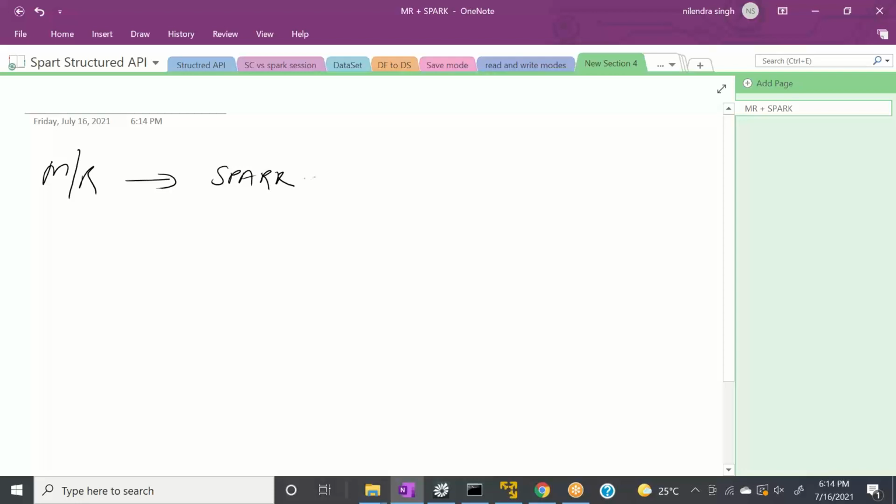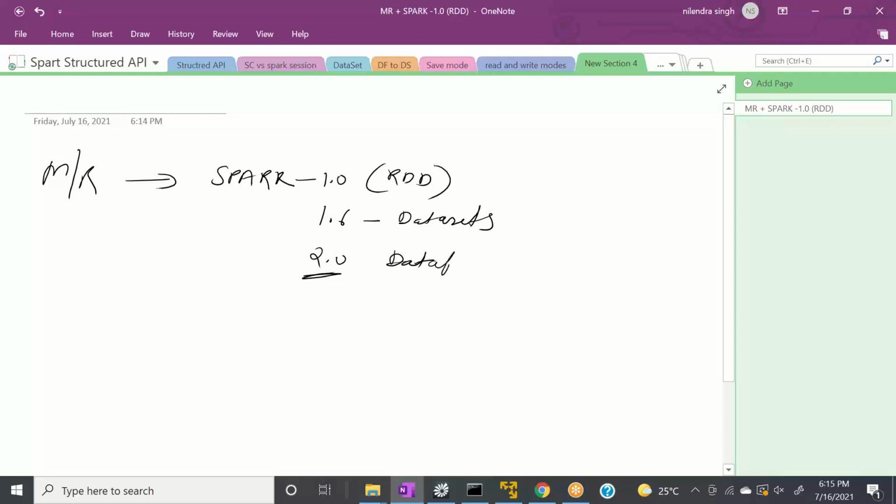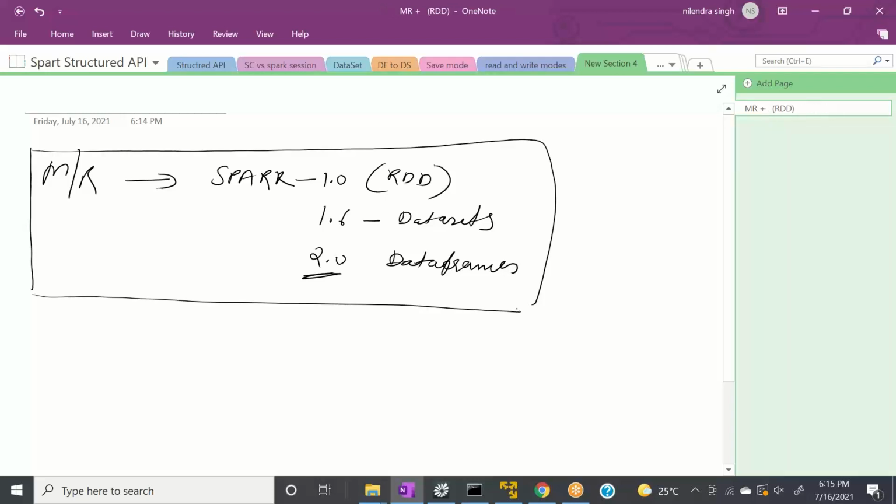In Spark 1.0, they started RDD, right? And then in Spark 1.6 or somewhere, they brought datasets. And in 2.0, I'm not remembering the correct version, but they started giving data frames, right? But before this whole Hadoop or Spark history, there are people who are working as database developers, and they're